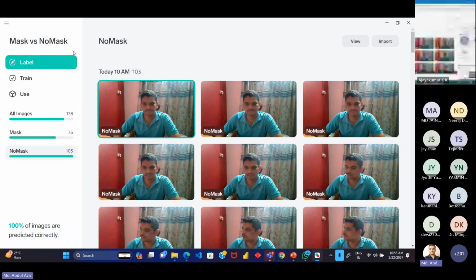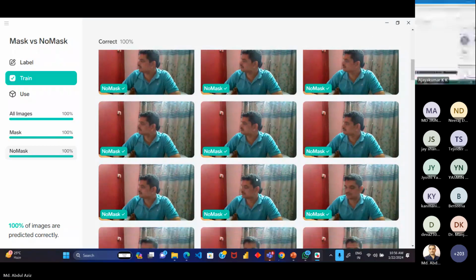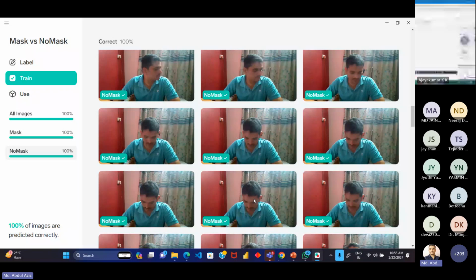Now what we need to do is test our model. Right, we need to test our model. Here you can see the training is perfectly done. All the images are trained perfectly, classified perfectly. Now we need to use the model. How to use the model? If we give a new image, we need to check whether the model is perfectly trained or not. If you click on the use button,